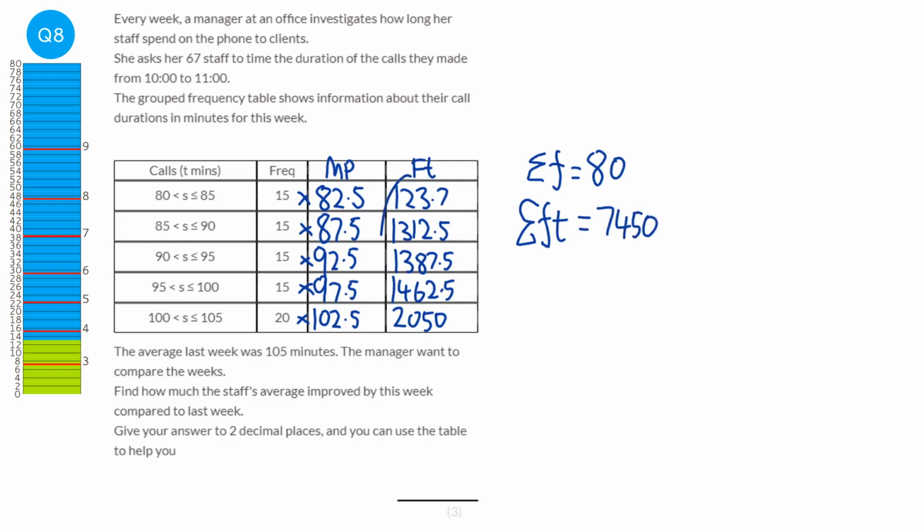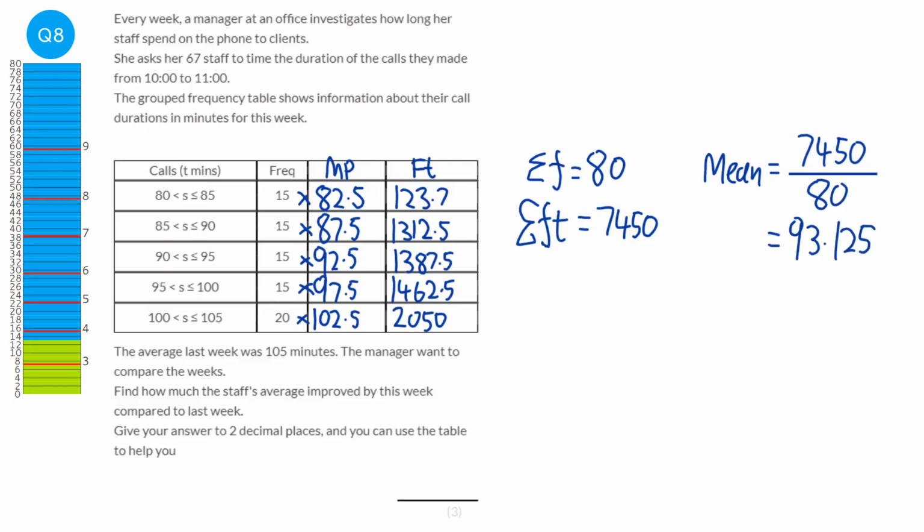So what this column represents is all the numbers added up together. This column represents how many numbers we have. So to find the mean, it's all of the numbers added together, which will be 7,450, over the amount of numbers we have, which is 80. So when you do that, we get